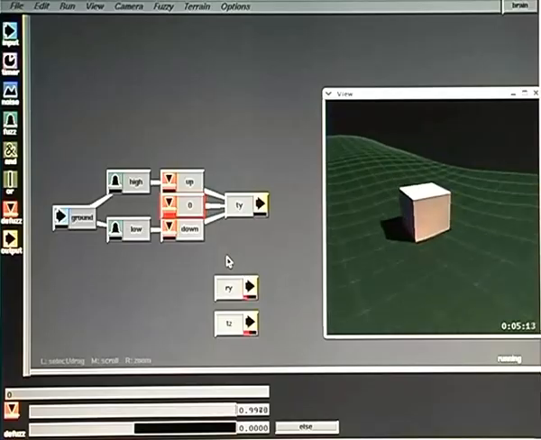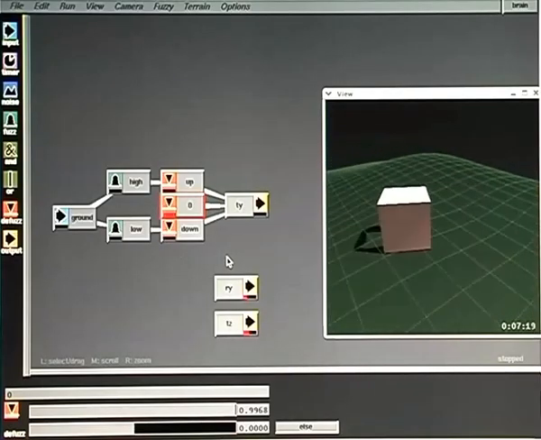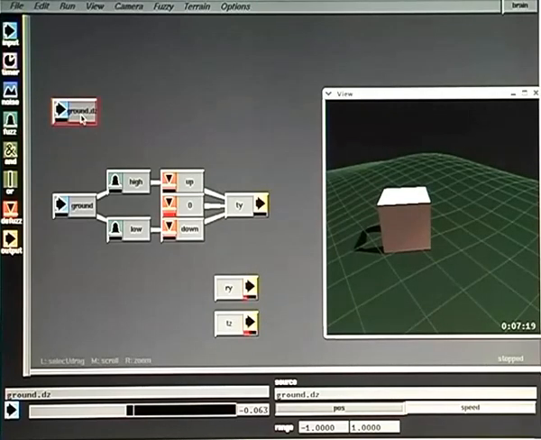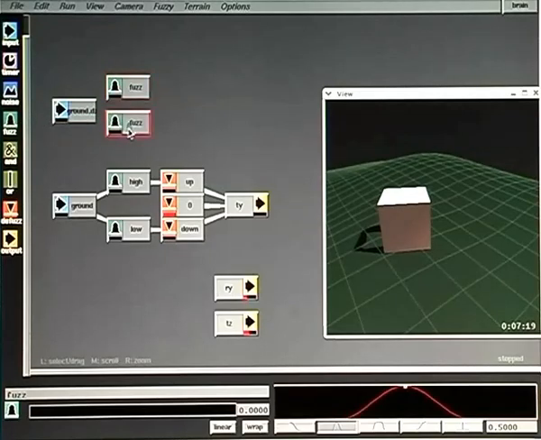But we'd also like it to stay on the same angle as the terrain. So let's get another input node. This time we're going to type in ground.dz. And ground.dz represents the slope of the ground in respect to the z-axis of the agent. Well, the z-axis of the agent is just the direction that the agent is facing. So this means that this will tell the agent whether he's going uphill or downhill, whether the ground is rising or falling. So let's bring on 2 defuzz nodes, and we'll call them rising